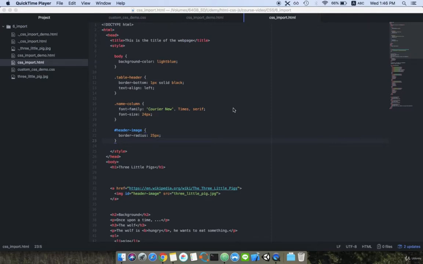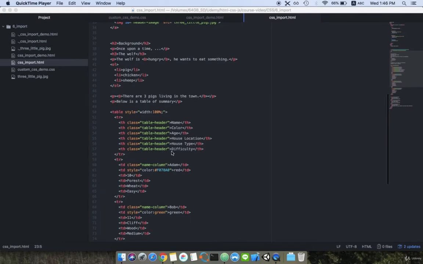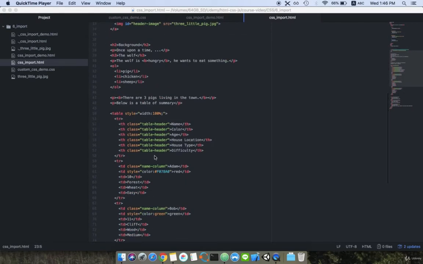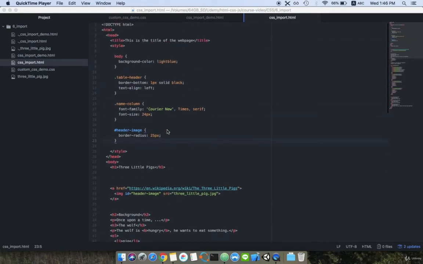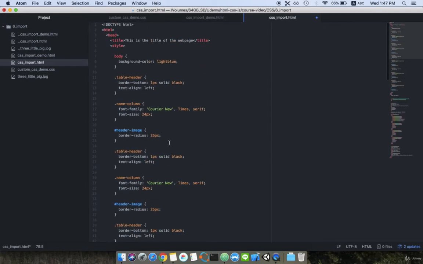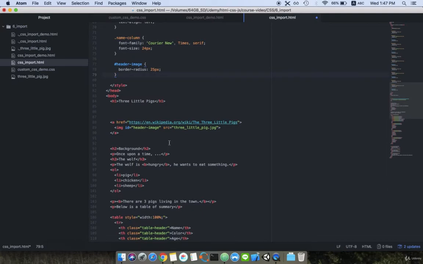So after adding a style tag to separate the CSS from our HTML, now our table header and image look much more neat. At least it's much easier to manage the CSS styling after separating. But you can imagine as we keep developing our website, we may keep adding more and more CSS in the HTML file, which will end up making it even worse than